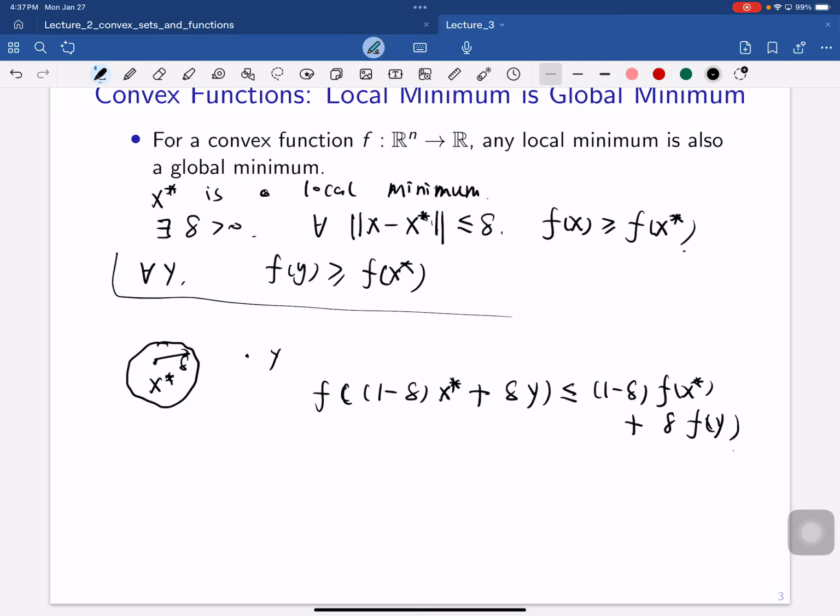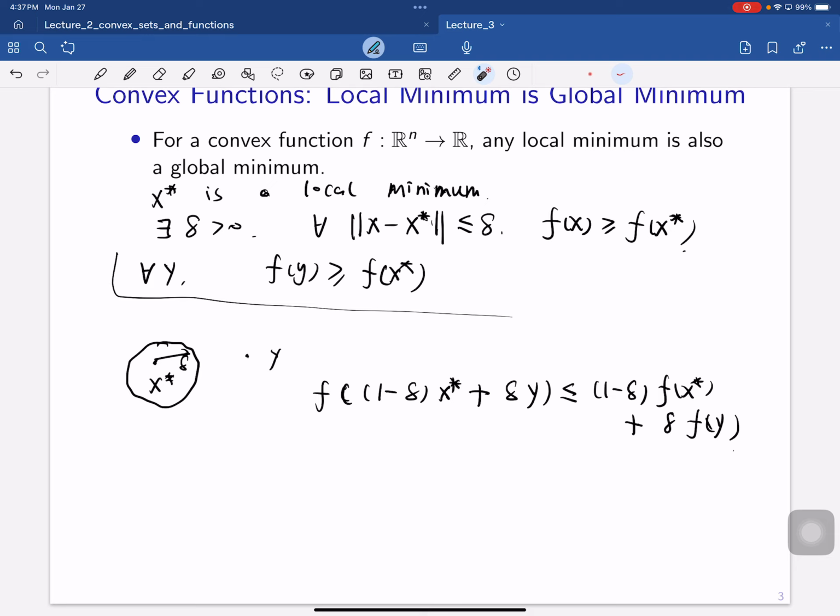If delta is a small enough number, you can assume delta is between 0 and 1. If delta is not between 0 and 1, let's say delta is too big, you can always pick a smaller delta between 0 and 1, right? Yeah, so here you use this convexity property and write it down, apply it to x star and y, right? So then we could further use some argument here where you see when,